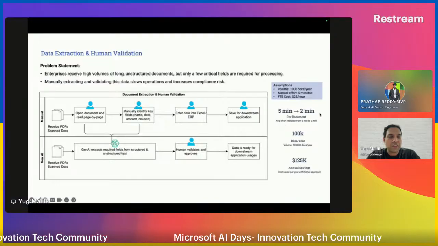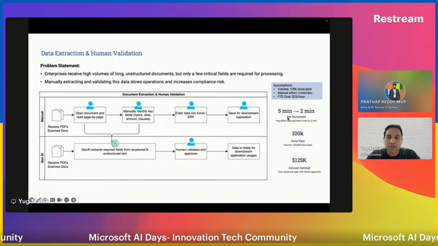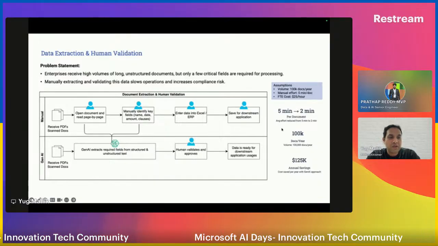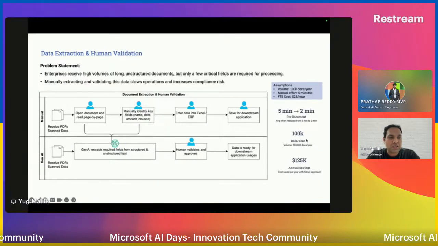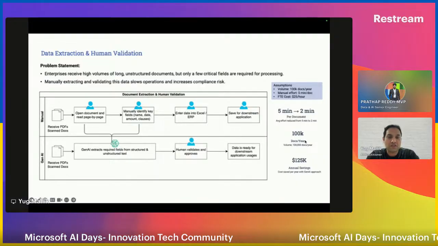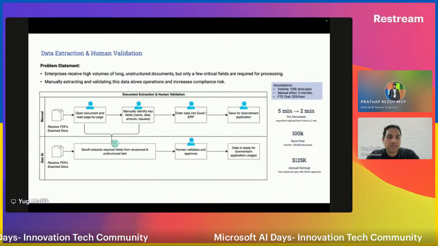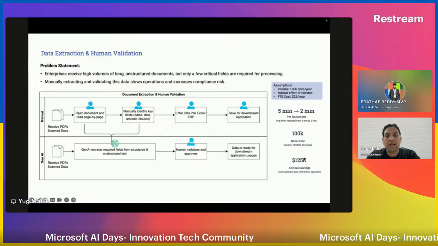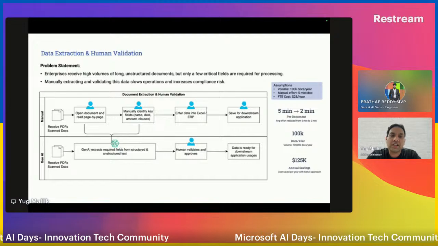With generative AI, if I'm able to save 3 minutes per transaction, given that we are processing 100K documents per year, if you put it into a calculation, you can save 125K per annum. That's huge, right?